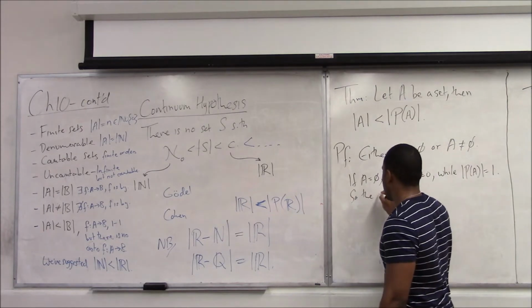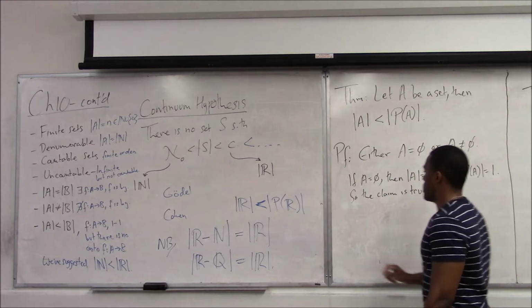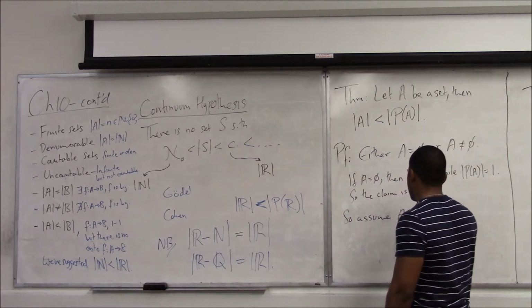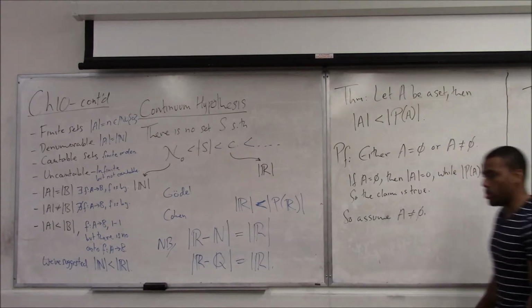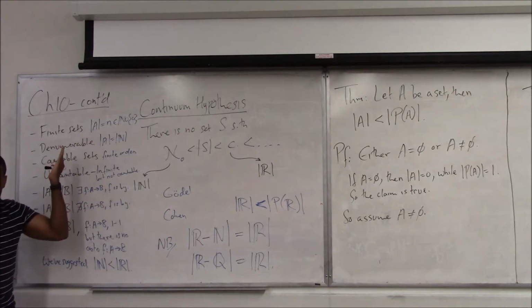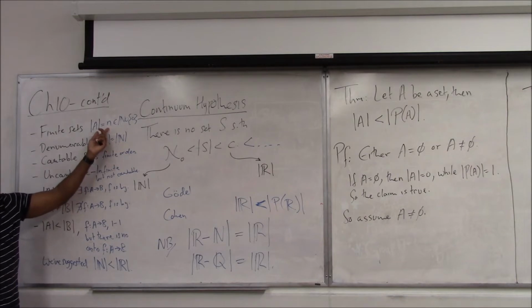So the claim is true for the empty set. So assume A is not the empty set. We're going to show that it will still always be larger, the size of the power set. And again, it's painfully obvious for finite sets that this is the case, because n is always less than 2